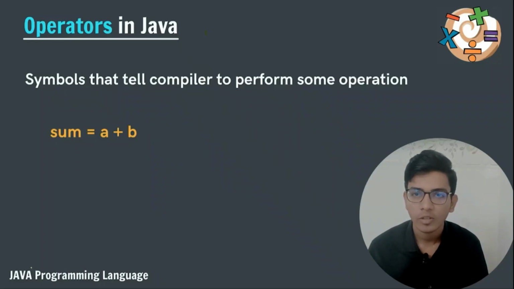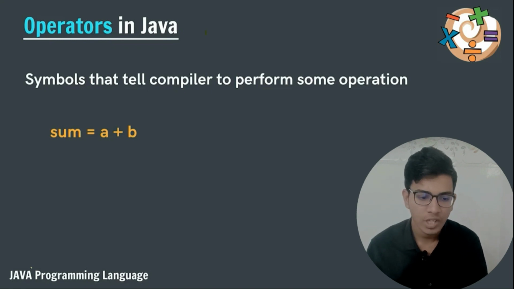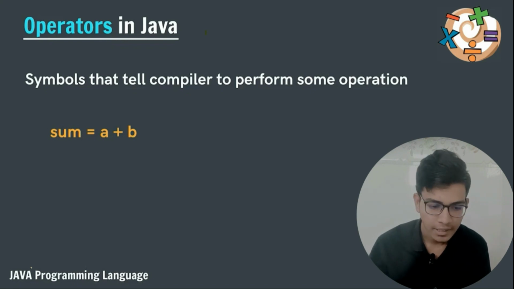In this chapter we are going to study about operators in Java. In maths we used to study a lot of expressions, right? Suppose let us consider (x + y)² = 0. This is the expression. Similarly in Java, sum = a + b. This is an expression. Here a and b are called as